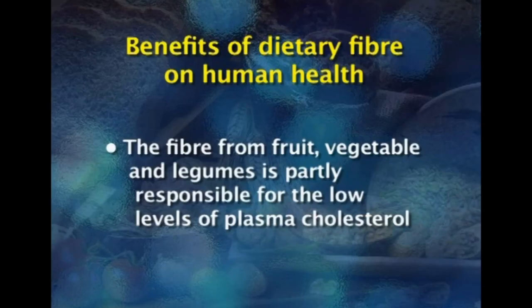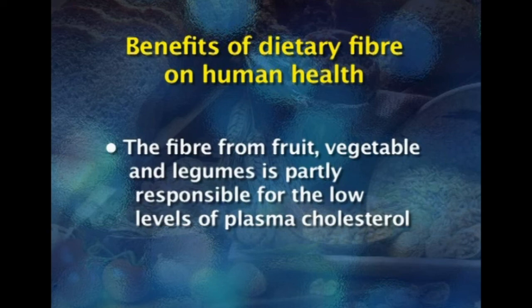Improvements in diabetic control, and reduction in insulin and sulfonylurea requirements also have been reported in both mild and moderate diabetics on high fiber diets containing a normal or high proportion of carbohydrate. It was suggested that large amount of fiber from fruits, vegetables and legumes is partly responsible for the low levels